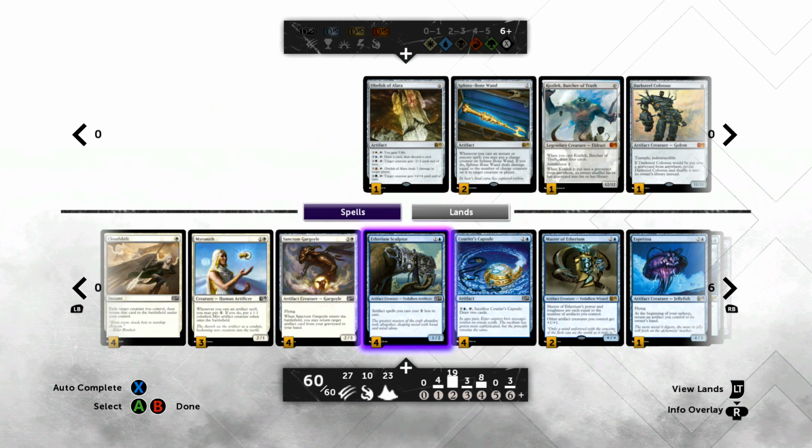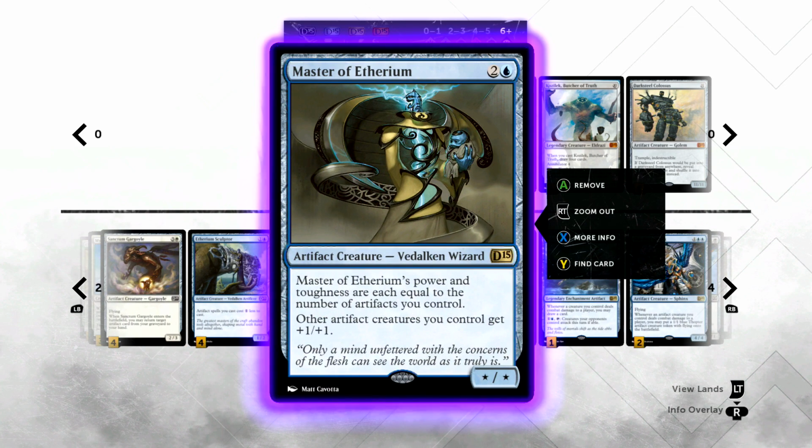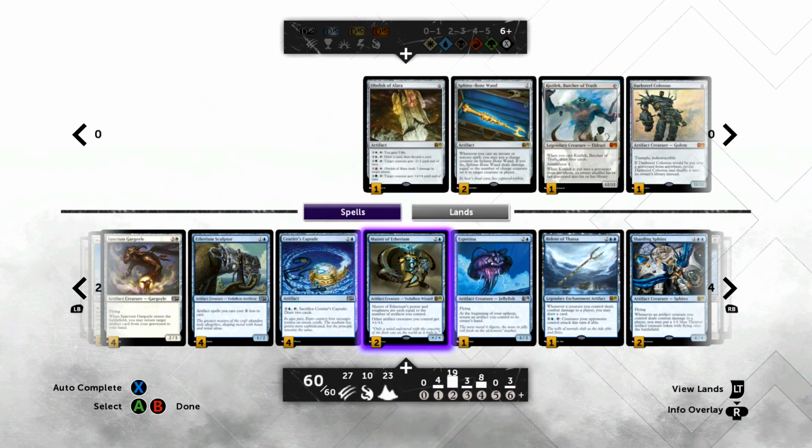I'm going to skip the 1 mana cards because I want to talk about that after I've talked about the deck list. So this guy is one of the newer cards. He's amazing. He is a 3 mana Star where his power and toughness are each equal to the number of artifacts you control, and other artifact creatures you control get +1/+1. And honestly, Master of Ethereum is going to go in any artifact deck list, but it's kind of the reason